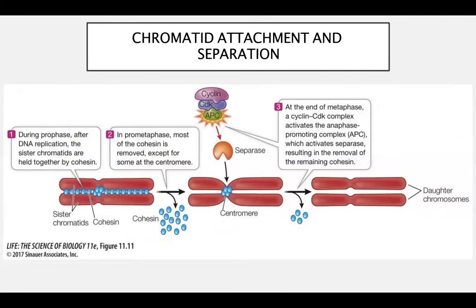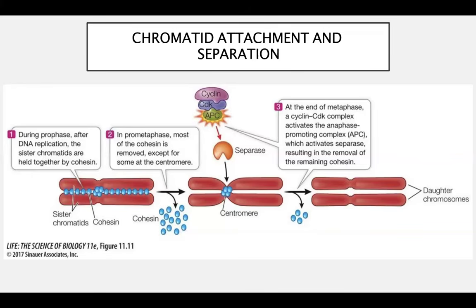So, chromatid attachment and separation. During prophase, the sister chromatids are held together by a molecule known as cohesin. In prometaphase, most of the cohesin is removed except for that at the centromere. At the end of metaphase, you have a cyclin-CDK complex that activates APC. APC stands for anaphase-promoting complex. That anaphase-promoting complex activates an enzyme known as separase. Separase hydrolyzes cohesin, allowing the removal of cohesin so that the sister chromatids can actually separate